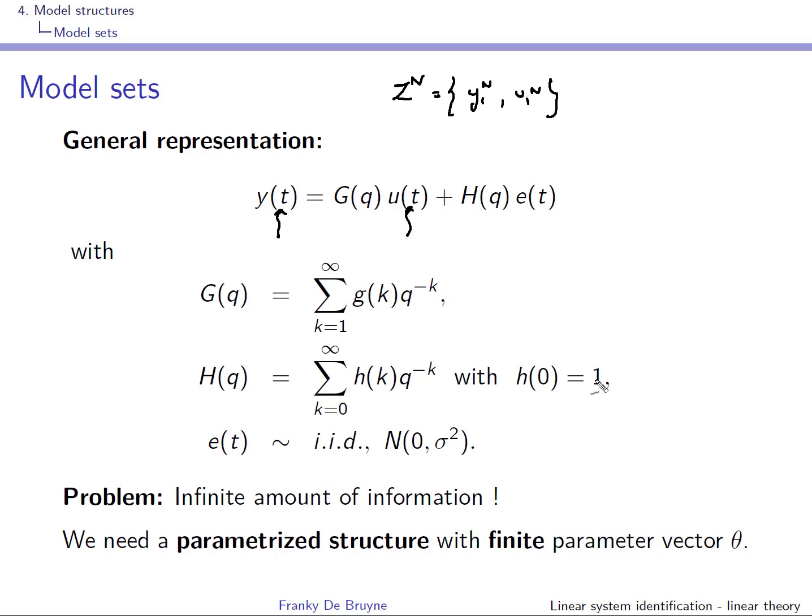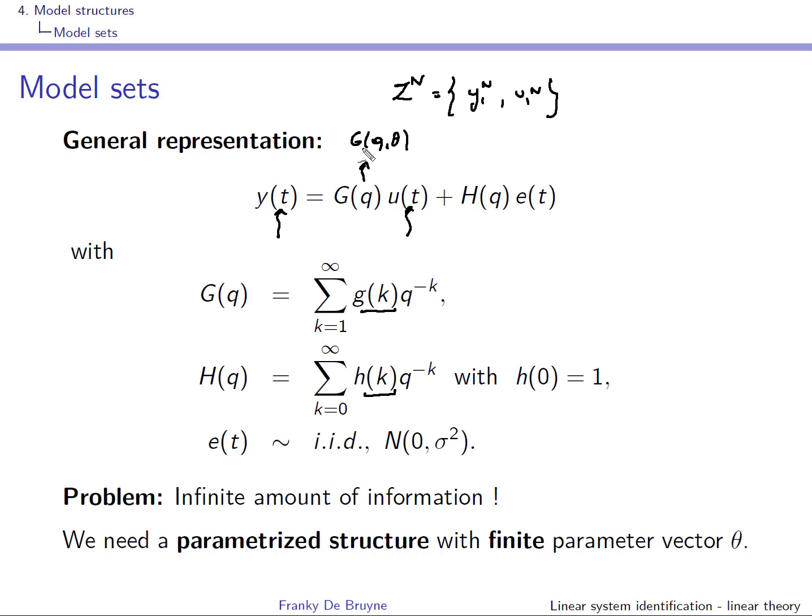Well, you can see here that when you look at this, there is an infinite amount of information, right? This is the impulse response of the input-output transfer function, and this is the impulse response of the noise model. So in this sum, there are an infinite amount of g(k) and an infinite amount of h(k). So working with the impulse responses is not a good idea. So what we'll do is use a parameterized structure. So we'll use a parameterized transfer function